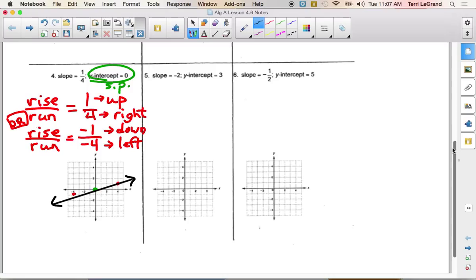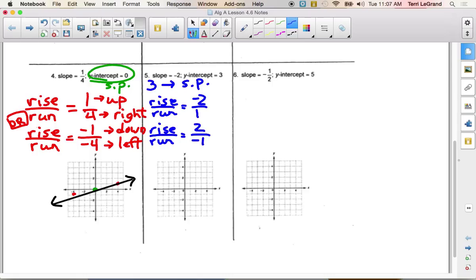Both rise over run names. Here, starting point is